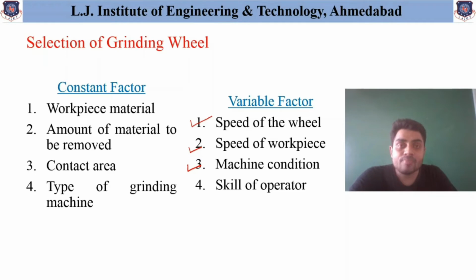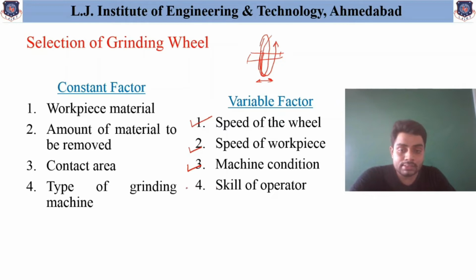That means whether the machine is fully operable or if there is any error or defect in the machine movement. Suppose the grinding wheel is attached at the center and needs to rotate about this axis, and the grinding wheel fluctuates or deviates from its original axis, then it may result in variation of the surface finish. So depending on machine condition, one also needs to select the grinding wheel.